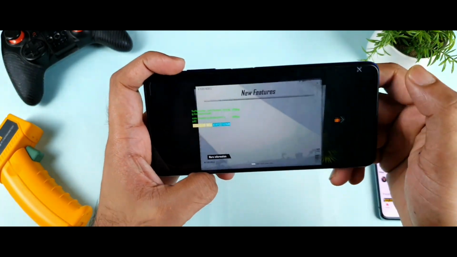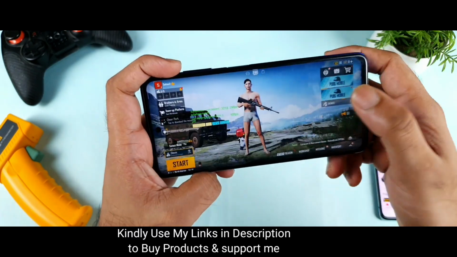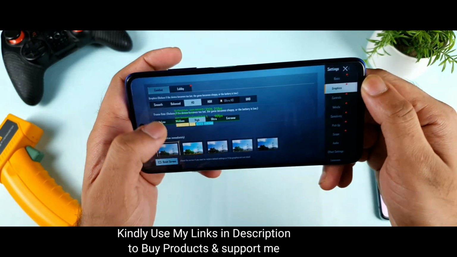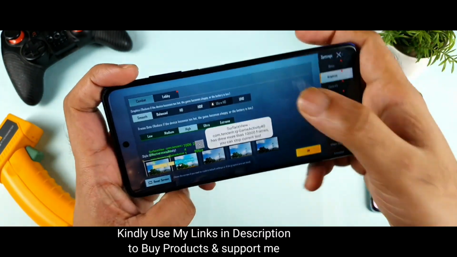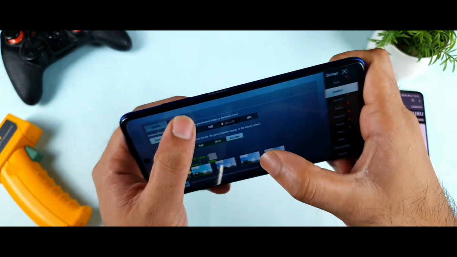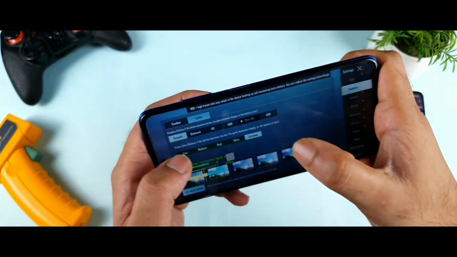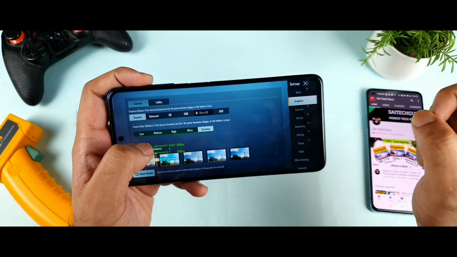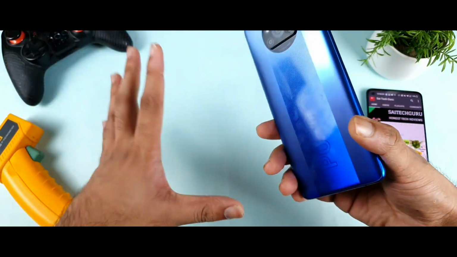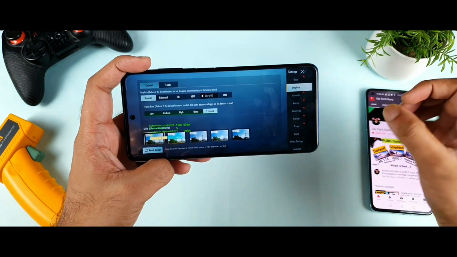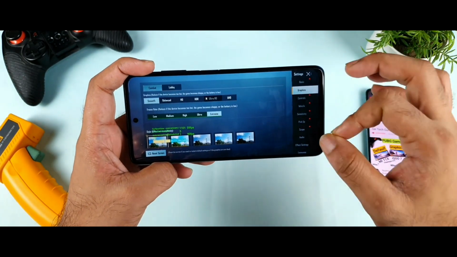But let's see. First, I just want to look at the settings. Let me go to settings, graphics and smooth. Here we are getting only smooth and extreme. As you can see, friends, there is no 90 by default. If you use any config tool, patch files and other files, you can definitely get 90 FPS. I'll try to upload a video on that topic on this POCO X3 Pro device. But by default, with the official update from PUBG and even BGMI Battlegrounds Mobile, you don't get 90 FPS on this phone right now.